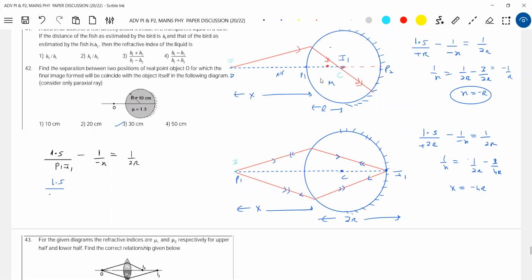See what is actually happening to the ray. The ray will go like this, get refracted. Now after reflection, it changes direction of motion, no? And the rays are converging. After reflecting, the rays are converging. So therefore, both image and object are, in fact, really here. Am I right?